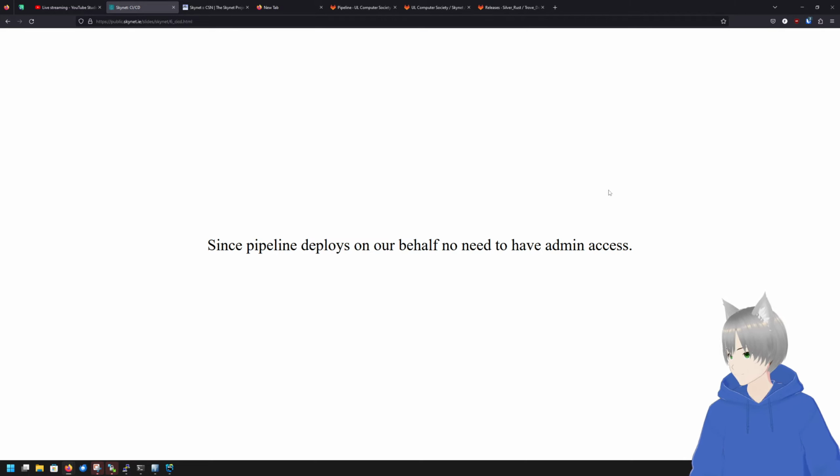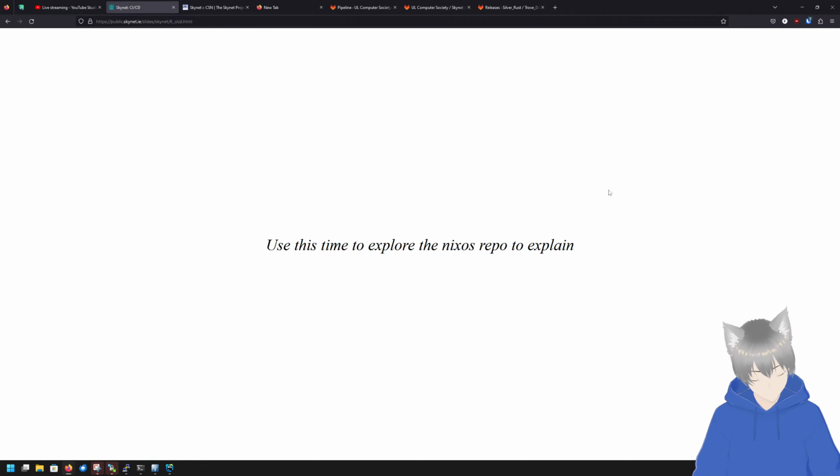That is one of the advantages of another kind of subtopic of infrastructure as code. Where your entire infrastructure is defined as code, which makes any dev people really, really happy, and also any sysadmin folks for large scale stuff also really, really happy, because they can do a lot more with less work, ideally. And use this time. So, any questions so far?